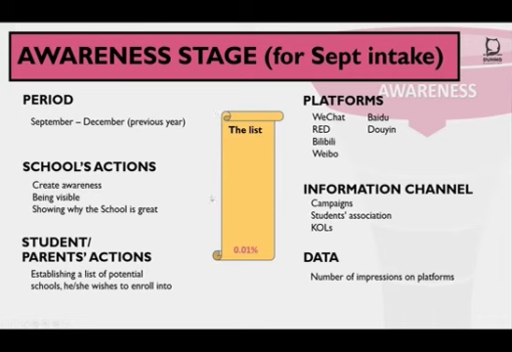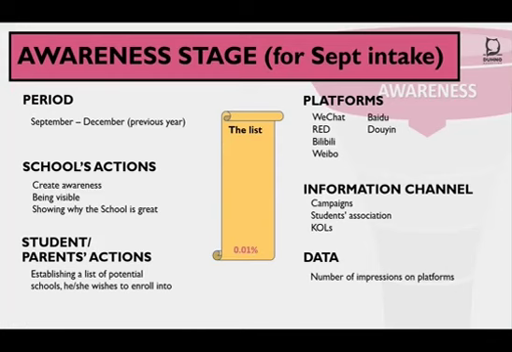So here in the middle, you have the lists. And for us, it's a really important tool. At the awareness stage, we put here a 0.01% chance to get a student. Until the name of your school appears in that list, you are no one to them. You don't really exist. So it's really important to visualize that list and understand what they are doing with this.